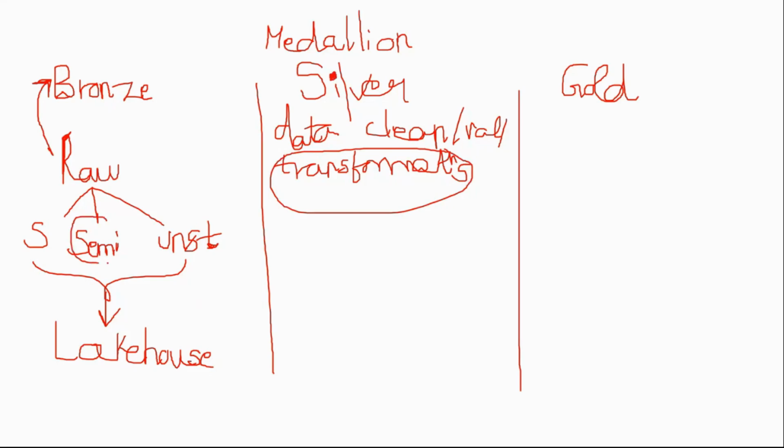Or semi-structured data. I have my JSON file. I want to flatten the JSON files. Data cleansing, validation, and transformation, that's what I'll do in the silver layer. So in the silver layer, it's basically with respect to data cleansing, transformation, and validations. So now the question comes is,